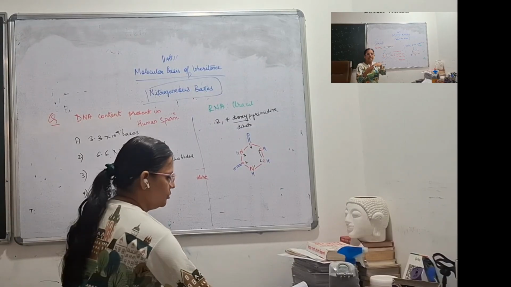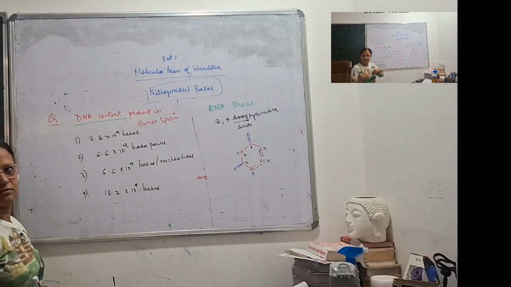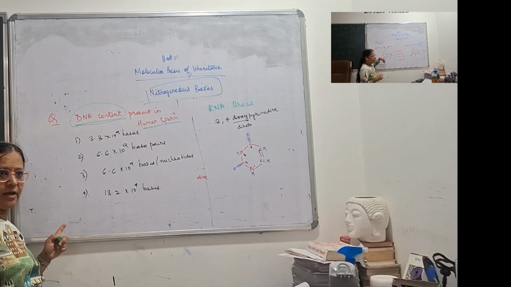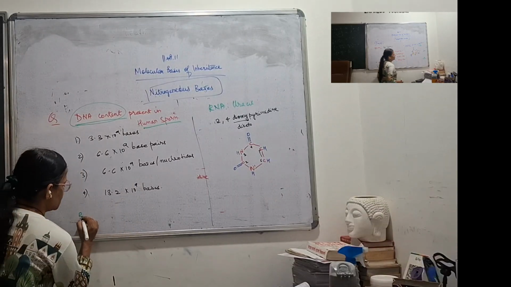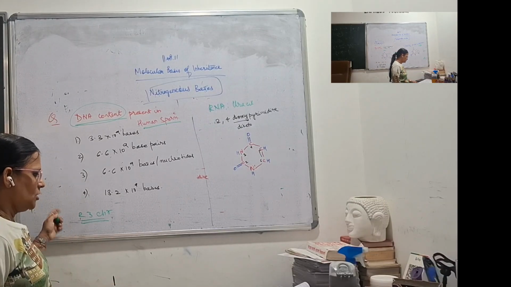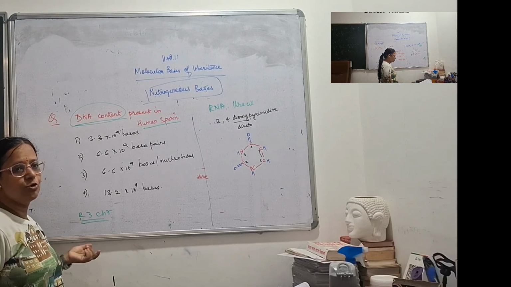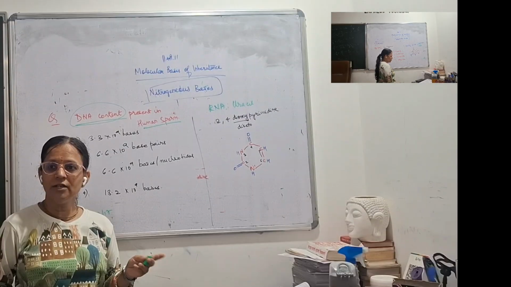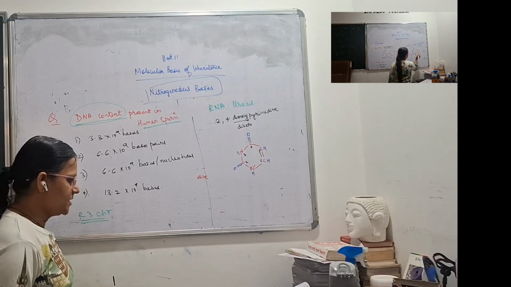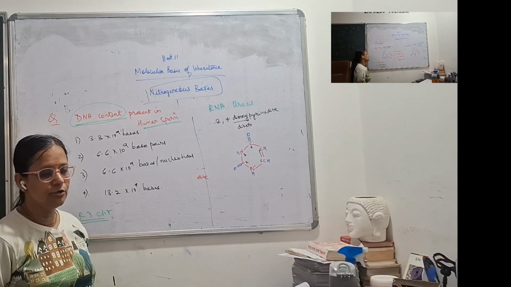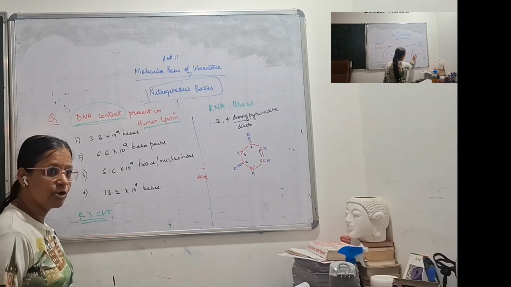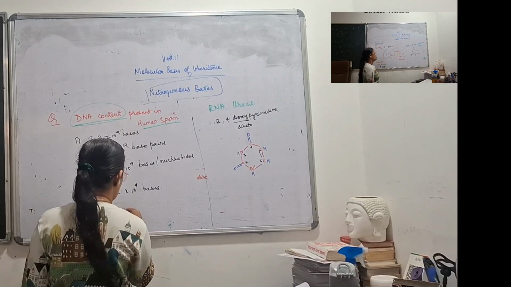Now they are asking you DNA content. I have said human sperm. Human sperm means it is a sex gamete. So it will have how many chromosomes? 23 chromosomes. Now we have studied that in these 23 chromosomes, what will be the number of base pairs? The total number of base pairs in a diploid cell is 6.6 into 10 raised to 9 base pairs. So that means you will have half the number of base pairs. Meaning how many will you have?